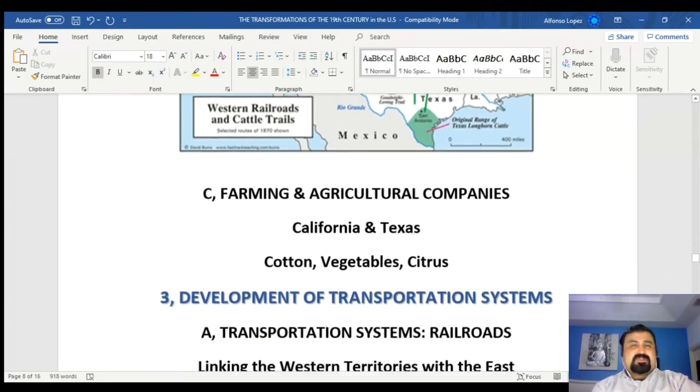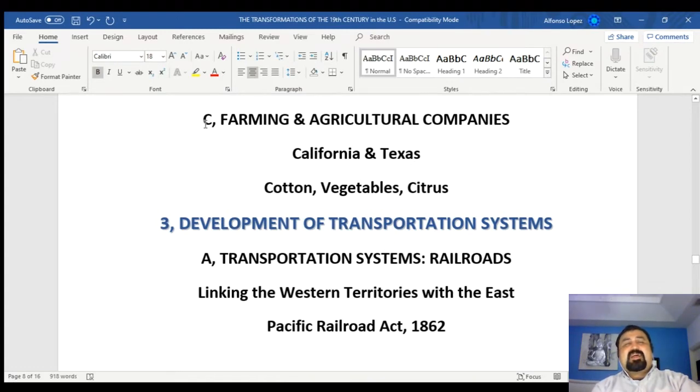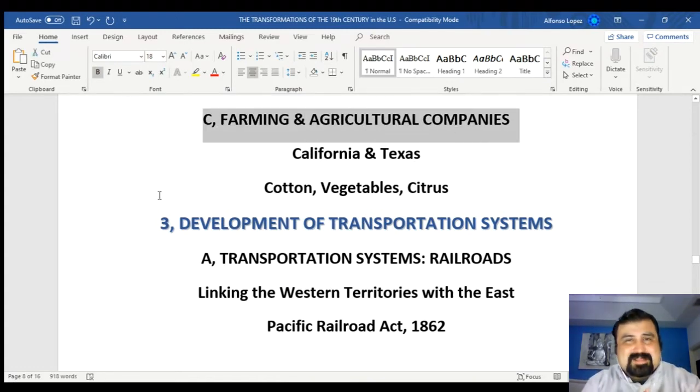Something we're going to talk about in just a few moments. Again, transportation systems. But yet there was yet another enterprise that transformed the West during this process, and that is farming and agricultural companies. Okay, so what we see is just like in the Old South, we see the rise of commercial farms and the rise of what is called agribusiness, large agricultural companies that are owned by merchants or landowners or investors, and